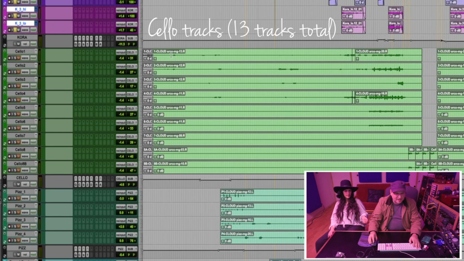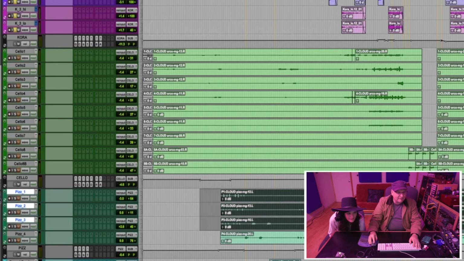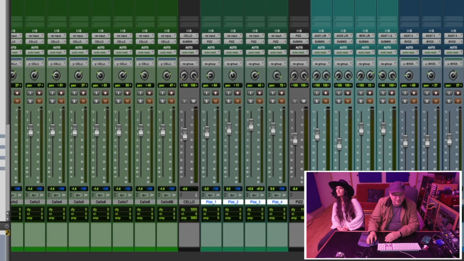All these green tracks. Look right at that. How many cellos is that? Well, it looks like there's 10? 8? 9? Nine arco tracks, and then another 4 pizzicato tracks. Okay, so 13 cello tracks from Barry Phillips. Yeah. And Barry probably just delivered all these tracks, and we were just like, holy shit, this is crazy and